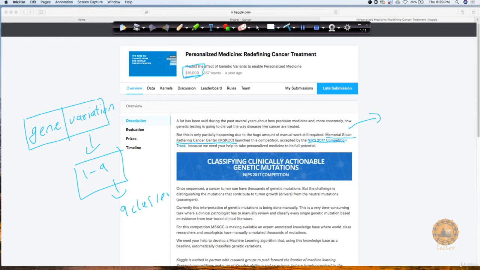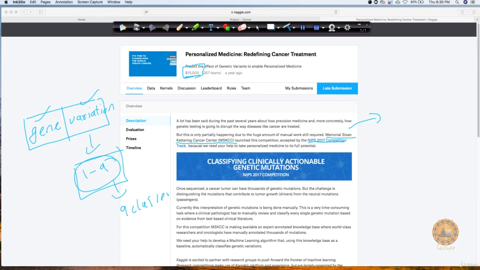So this is going to be the class of my cancer. Now, what happens is we have the pathologist who is aware of a lot of genes and their variations, and they know that if this is the gene and this is the variation, then this belongs to this cancer tumor. But there are thousands of mutations possible.